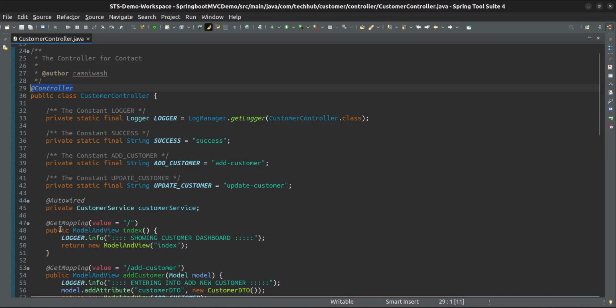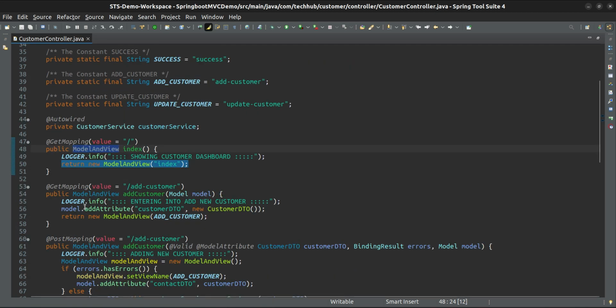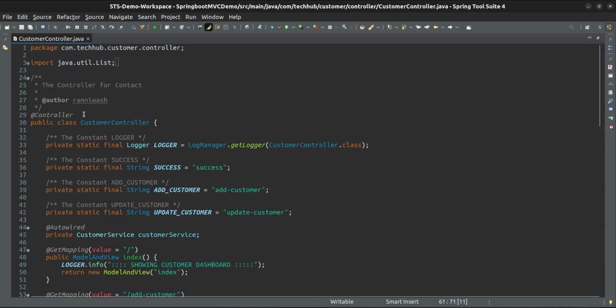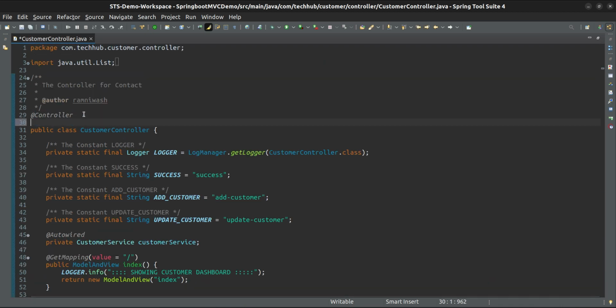Currently this return type is model and view, but this return type cannot be a JSON object, cannot be an XML object, or cannot be a customer DTO. If you want that, then you have to add here